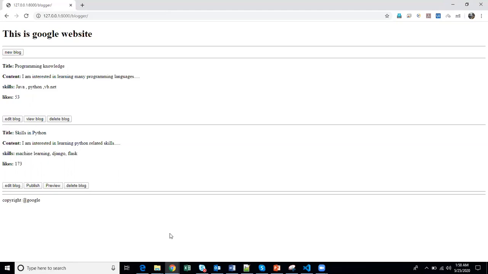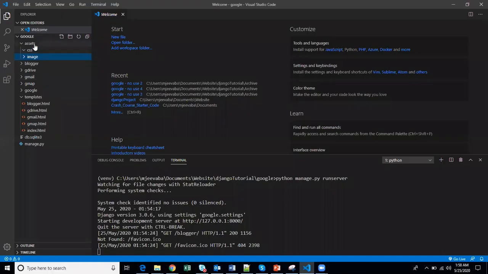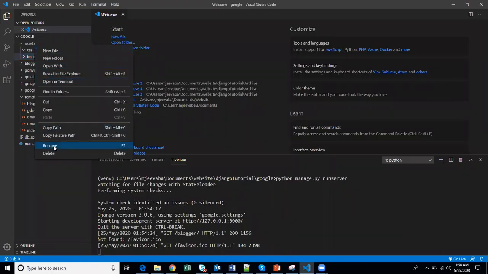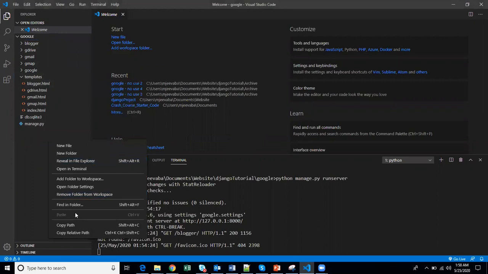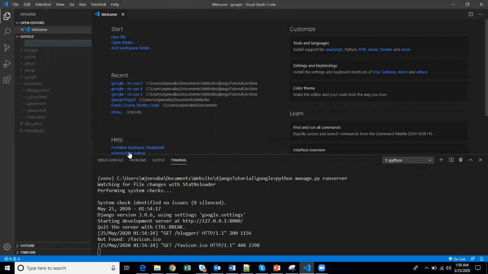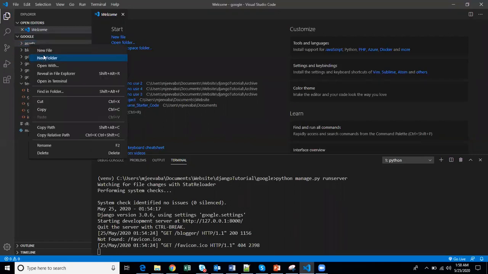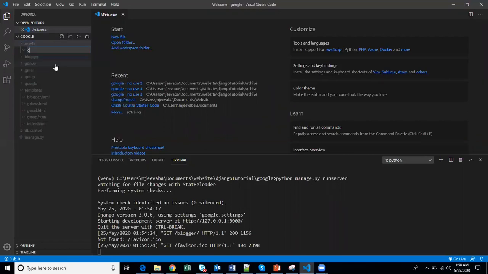The server is running, and let me just delete this one because I want to create it from the beginning. To create static files, I am going to create one folder in the package. It's called assets. You can name it however you want; people usually create assets or static in Django. I will go with assets, and I will create one more folder inside it, CSS.